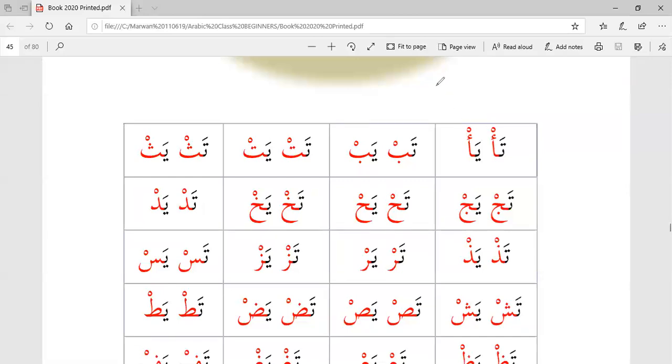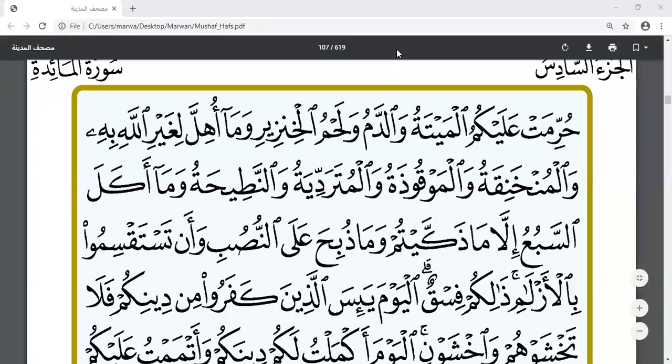However, in the Quran, in a lot of mushafs, it looks different. They don't use a circle. This circle is used for something else. So I want to share with you quickly how it looks in the mushaf. If you watch here,